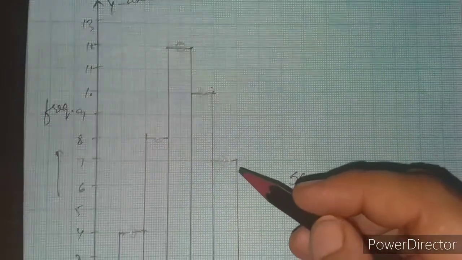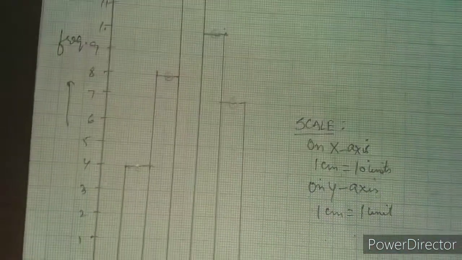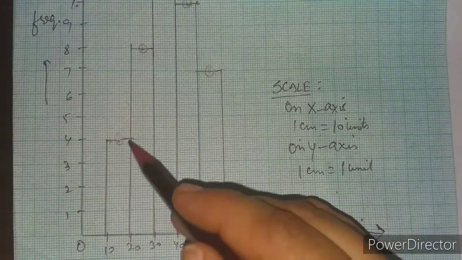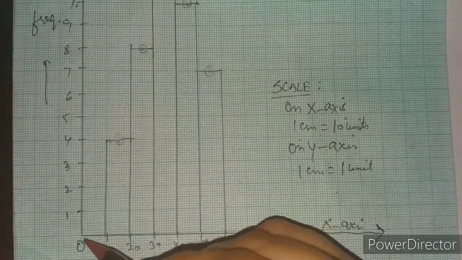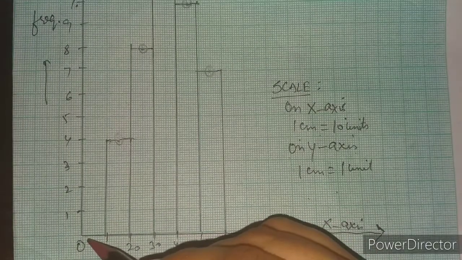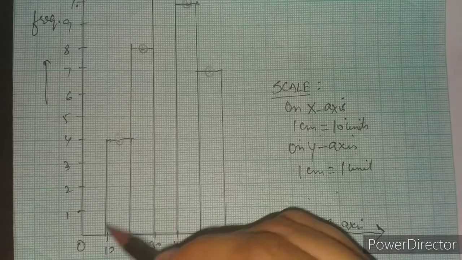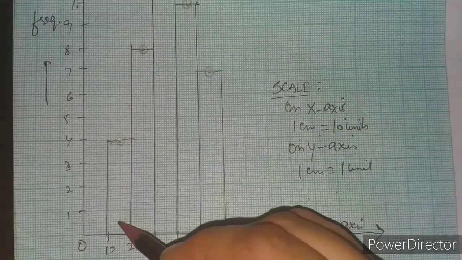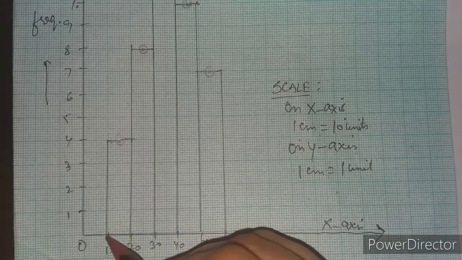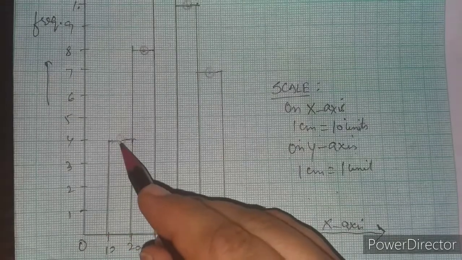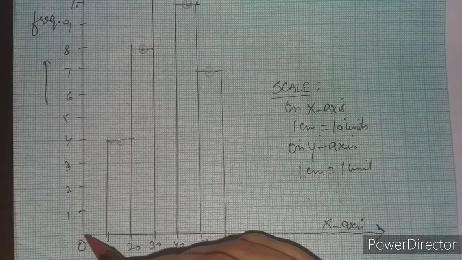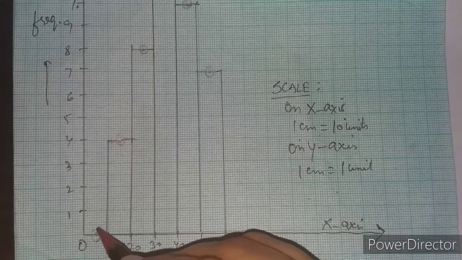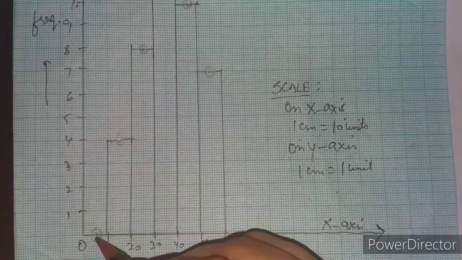One more thing which is very essential here is that you should see the midpoint of the class interval just before the first rectangle. The one after 10 to 20, we have already taken the midpoint, and previous to that is 0 to 10. Its midpoint has to be located on the x-axis, on the fifth line. Here it is most essential.